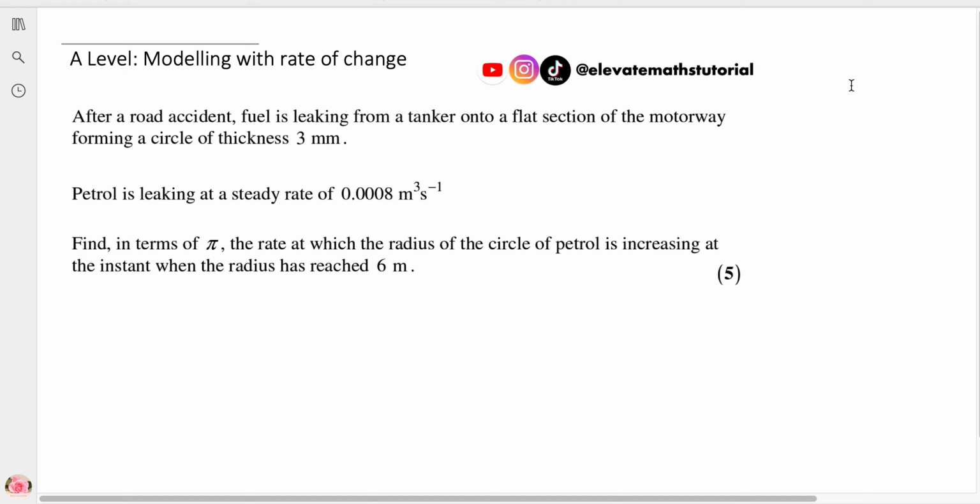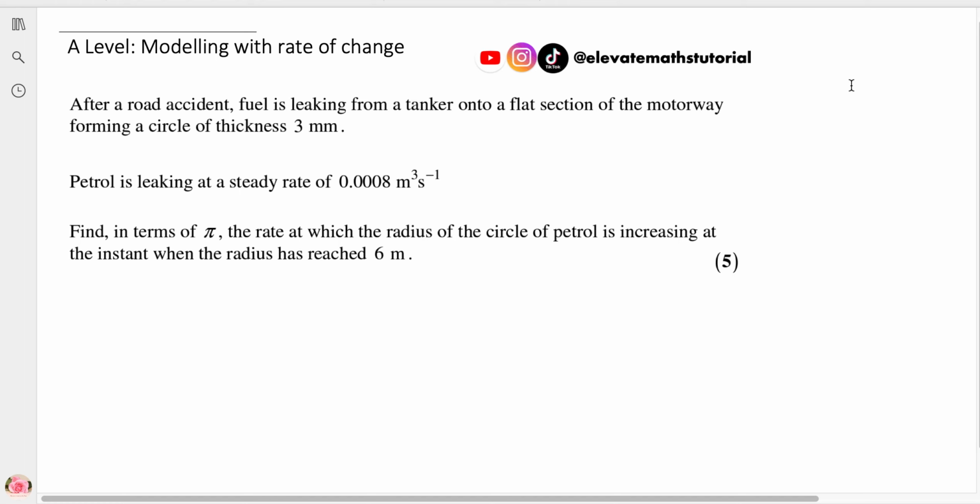So this is A-level modeling with rate of change. This is the differentiation chapter, but it's for A2. After a road accident, fuel is leaking from a tanker on a flat section of the motorway, forming a